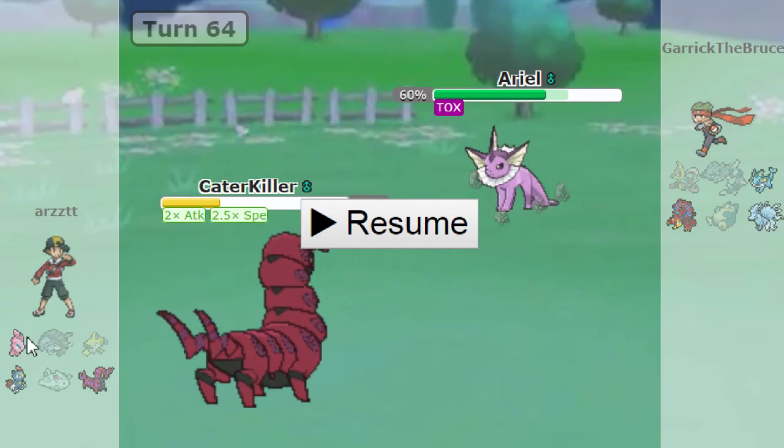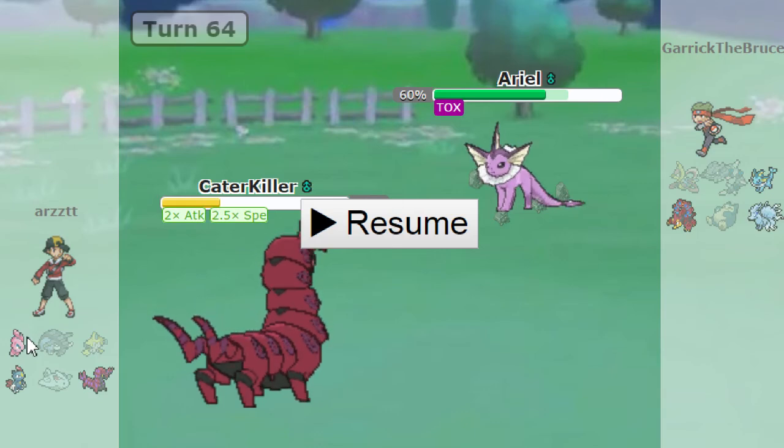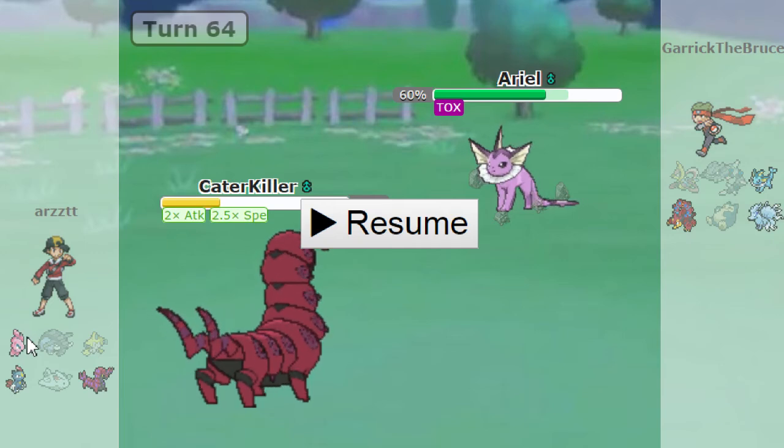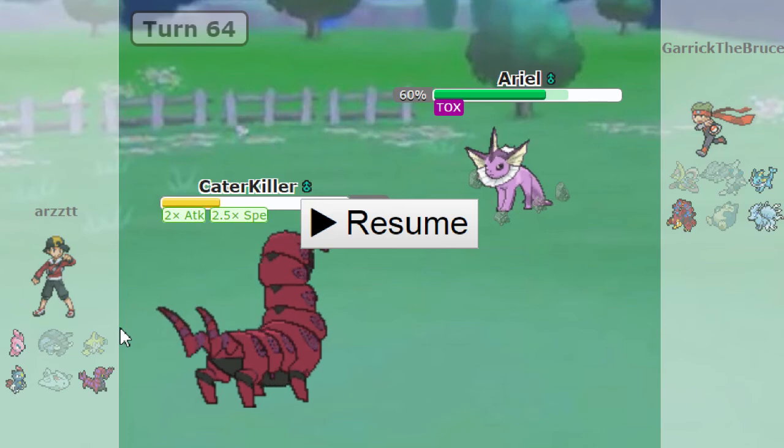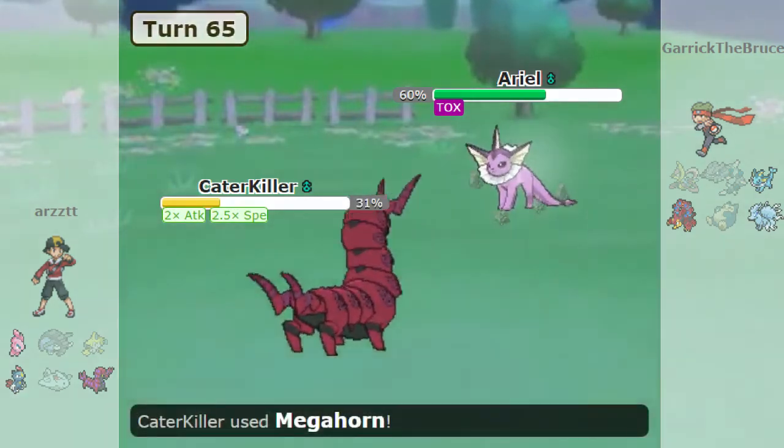So I have to click Megahorn. I have to click Megahorn, and I have to pray to God that I hit. Are we going to pick up our first loss of the season? Or is Garrick going to pull through? Who knows? Who knows? Only time will...